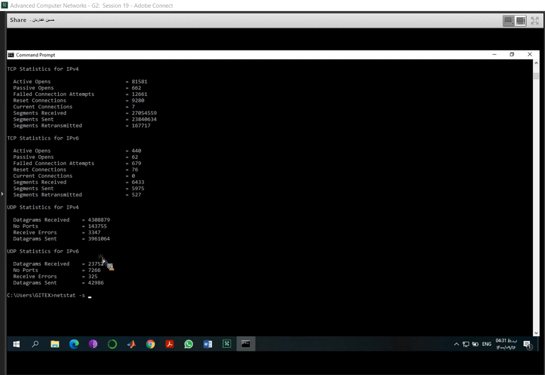I'm opening it here. You can see those extracted information are saved in this file. Just simply do this. We call it pipelining.